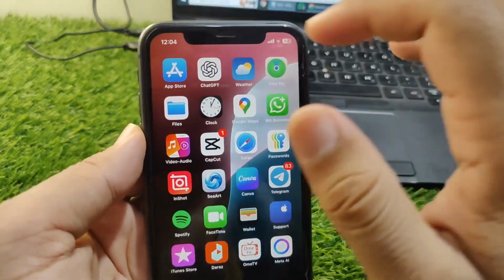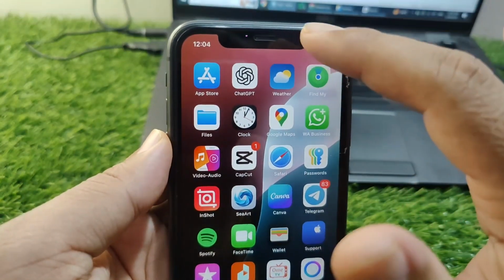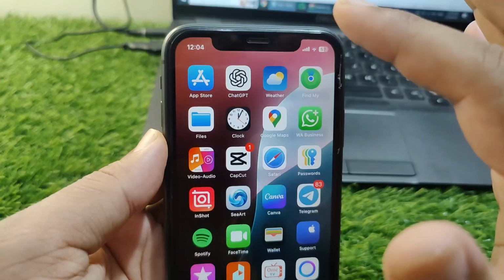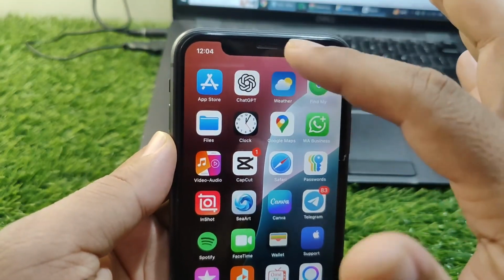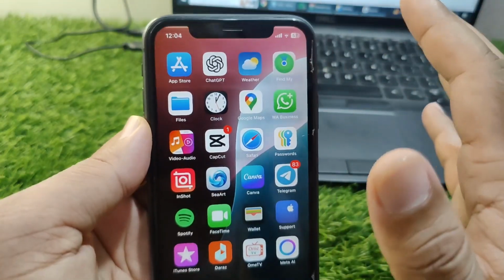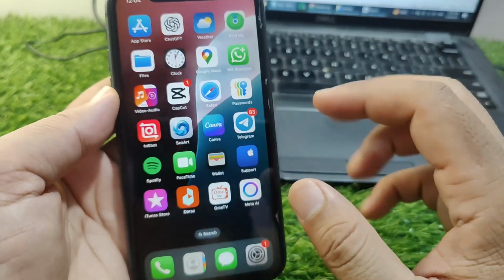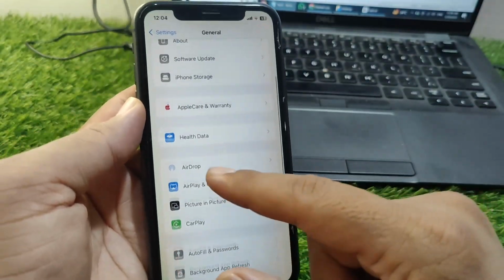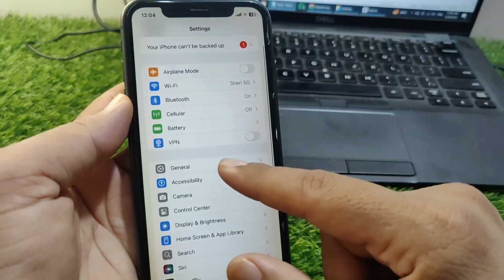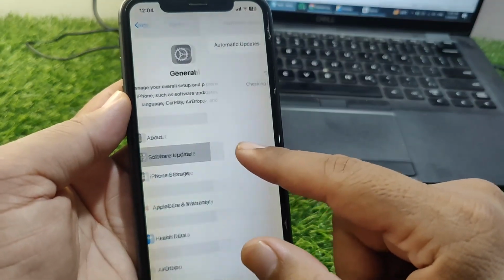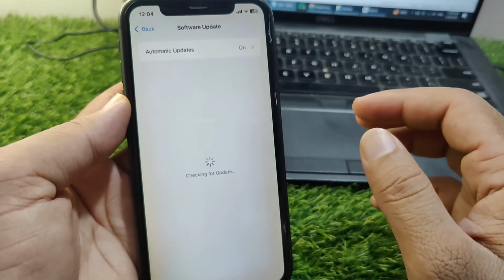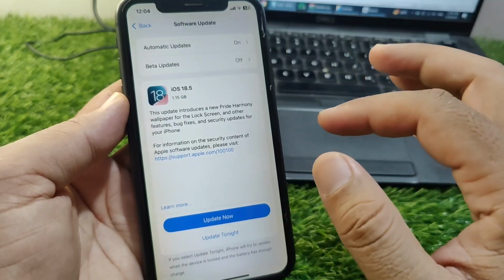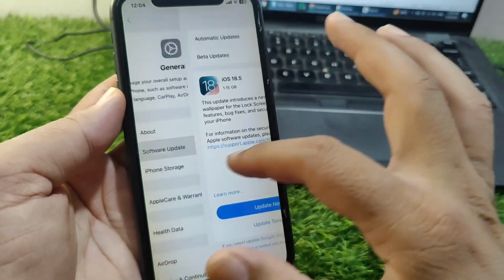So guys, first of all, check the front cam of your iPhone whether it is working properly or not. So guys, make sure that the front cam of your iPhone is working properly. So guys, do this, and after this you have to simply open Settings on your device, and then you have to go to General and then tap on Software Update and make sure that you are using the updated version. So guys, if there is any update available for you, simply update it, and after this